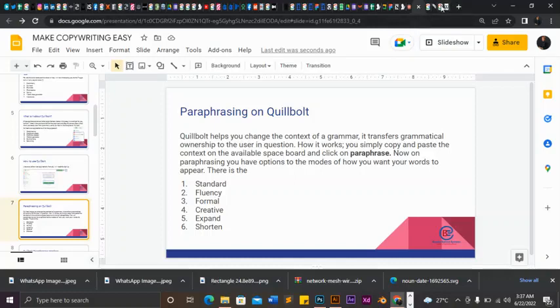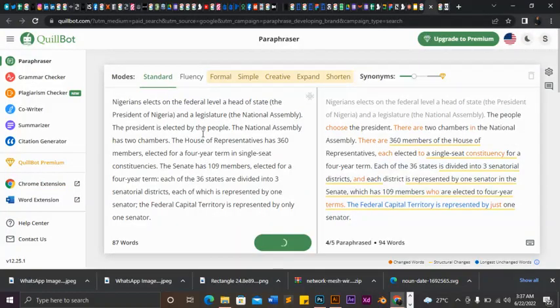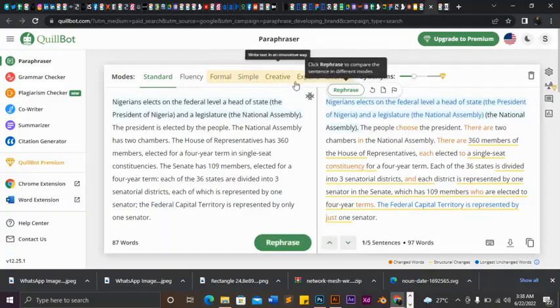It depends on what you're writing on, right? So if what you're doing is very formal, then you need to click on the formal button. So when the AI wants to paraphrase your work, it goes straight to paraphrasing it in a formal context, right? So it depends on what you're writing. You want it to be fluent, you want it to be simple, you just want something very simple, you click on it. You want it to be highly creative, for those of us who are content creators, say for an advertising company, or say for a company that wants so much awareness or something,